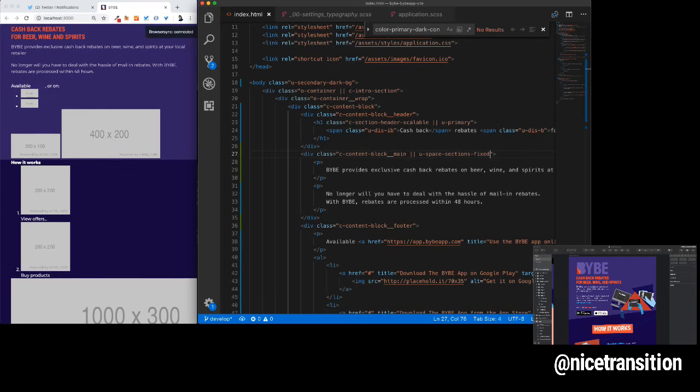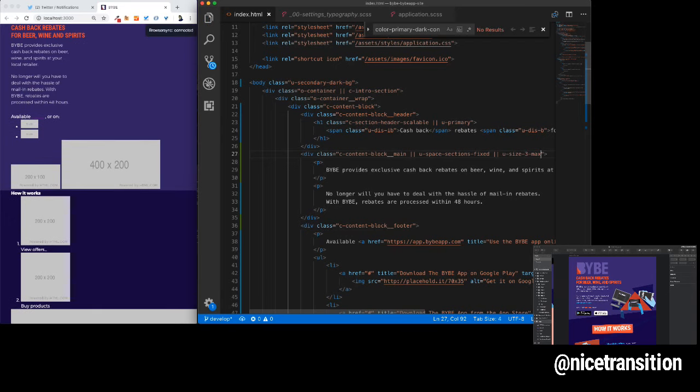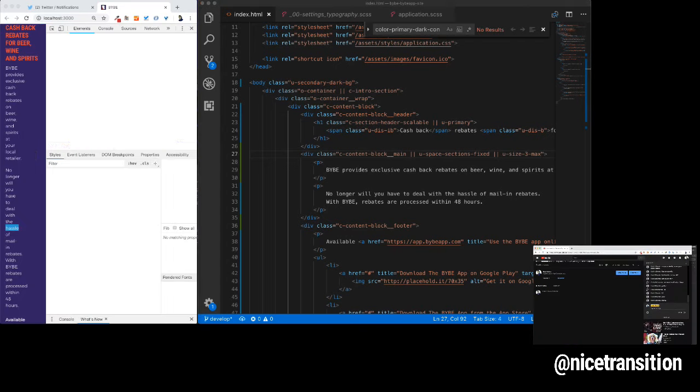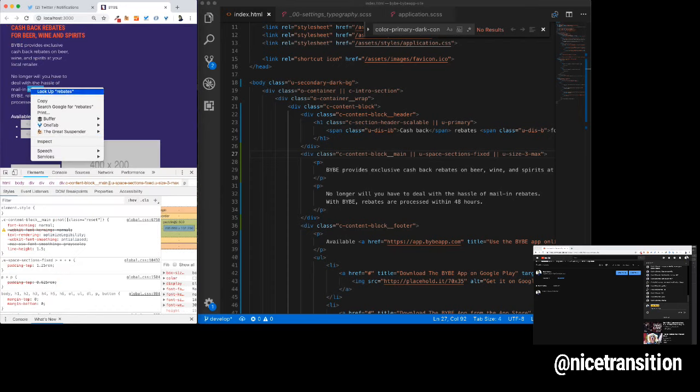So they'll have 20 pixels space in between them, which will give a nice in-between space. And then I'm also going to say u-size-3-max, which is a part of, again, UI Arc, and it's in the documentation, which gives it a nice width of